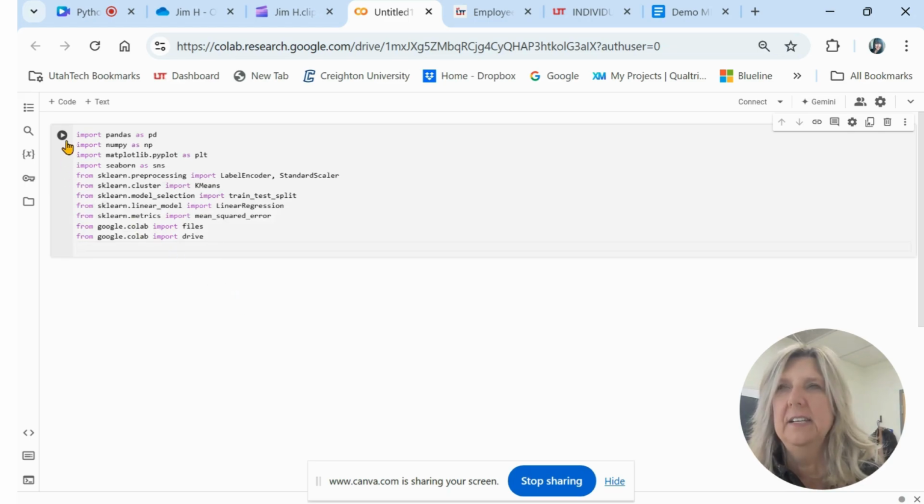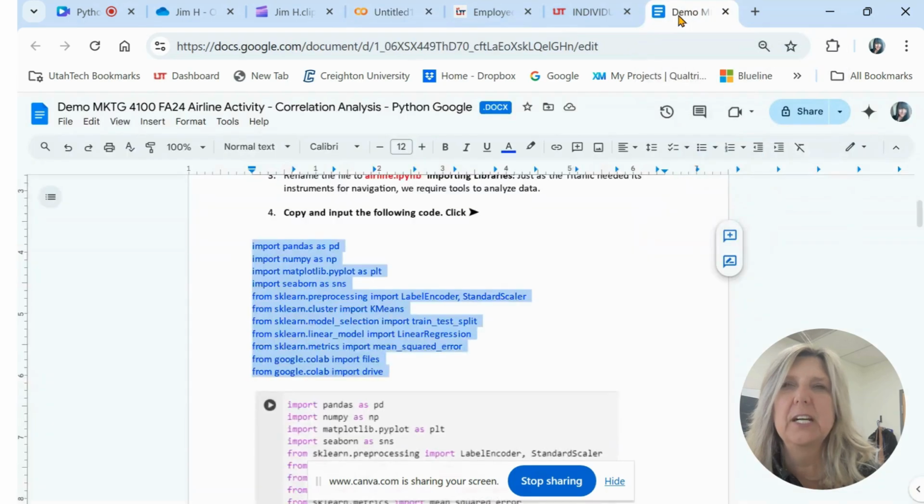Once you have done that, this button right here is your Run button. Click it, and you will know if it has read the libraries from Python into Google when it gives you a green check mark. It's thinking about it here. There you go. It's a green check mark. Now you know that all of the files and libraries that we need have been imported from Python into your workbook. Now the next thing you want to do is go back into your worksheet here